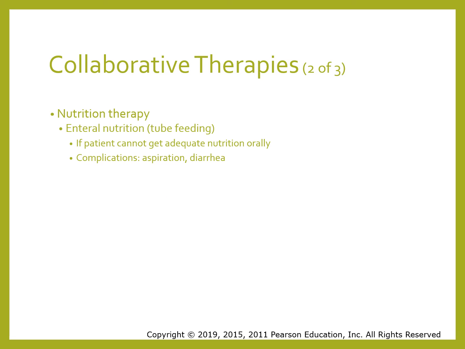Now, what are some other things that we can do to give a patient nutrition that can't eat? We can do enteral nutrition or tube feedings, and these are given through a tube that's either down the nose or directly into the GI tract. These are used for people who have swallowing issues, such as from a stroke, or they're unresponsive, or they have oral and neck trauma, or like cancer. They can't swallow, or they can't get it down their esophagus. And so we'll give tube feedings such as like Gevity,